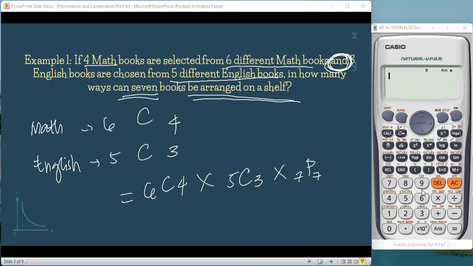So to calculate that is 6 combination of 4 times 5 combination of 3 times 7 permutation of 7. So that will give us